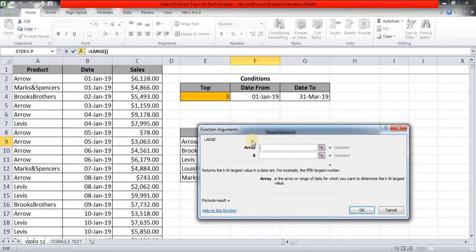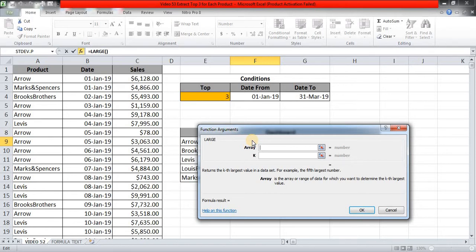Now I want all of you to watch this step very carefully, because while using this function argument box, I am not at all going to use the mouse. Now so far as array is concerned, whether it's LARGE or SMALL, these two functions always ask for an array, and the array can be achieved in two different ways. Array can be a range of cells containing multiple values. That is number 1. Number 2, array can be values which are the result of certain formulas. So in this situation, we are going to use certain formulas to have our arrays.